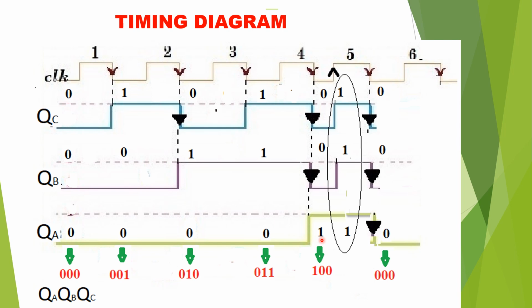Now because this A is equal to 1, it is applied as an input to the NAND gate, and during the positive edge of the fifth clock pulse, the preset is activated for the B and C flip-flop and it makes this output as 1 and here 1. So all the three flip-flop output is now equal to 1 during this positive edge of the fifth clock pulse. When the negative edge of the fifth clock pulse comes, C flip-flop toggles to 0, B toggles to 0 and A toggles to 0 and the counter goes back to the initial state. Thus the count sequence repeats.